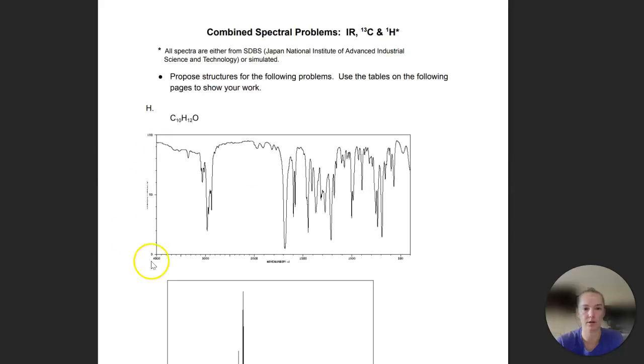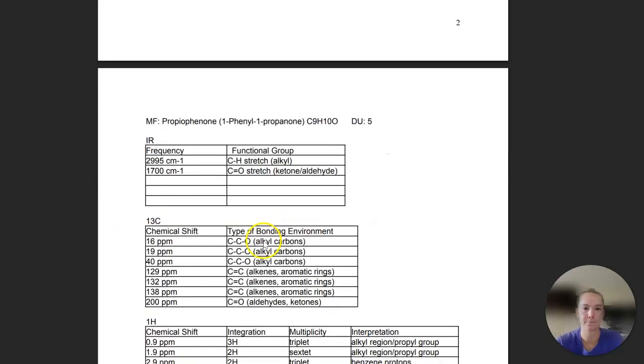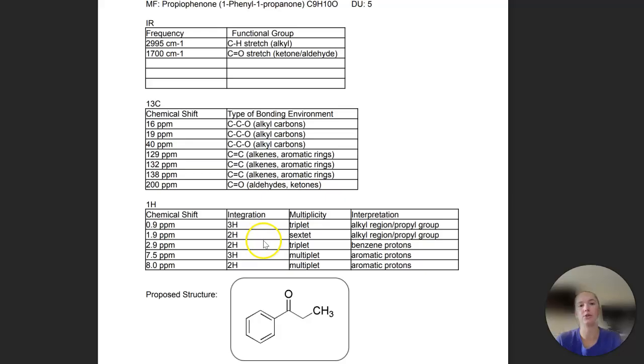So in looking at the first one, this IR spectrograph, corresponding table, we see peaks at 2995 and 1700, likely relating to a carbon-hydrogen stretch, and then a double bond between a carbon and oxygen stretch, likely pointing